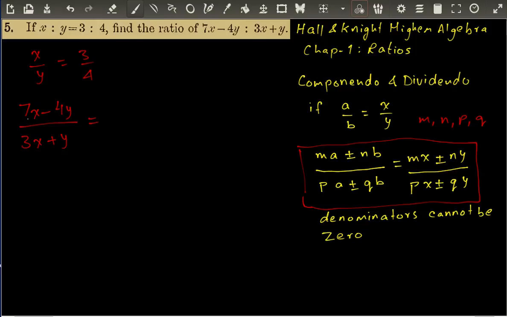So for example, our m in this case is 7. As long as we do the same operation as we have done on the left side, if we do the same operations on the right hand side, we'll get the same ratio. 7x minus 4y, let us multiply the numerator first. So what we are saying is, if we multiply 7 times 3 minus 4 times 4,